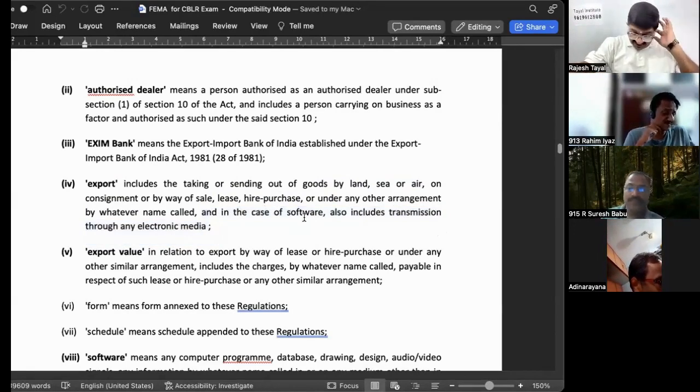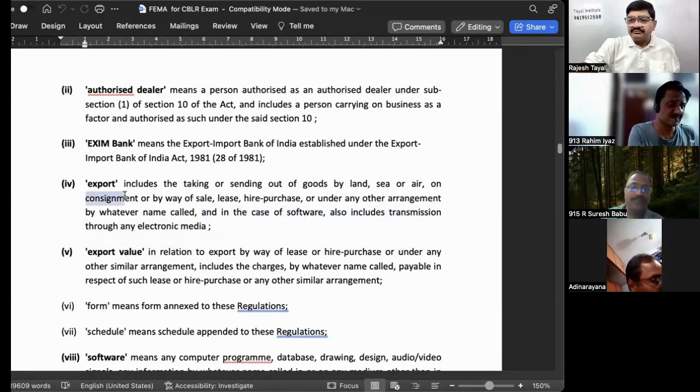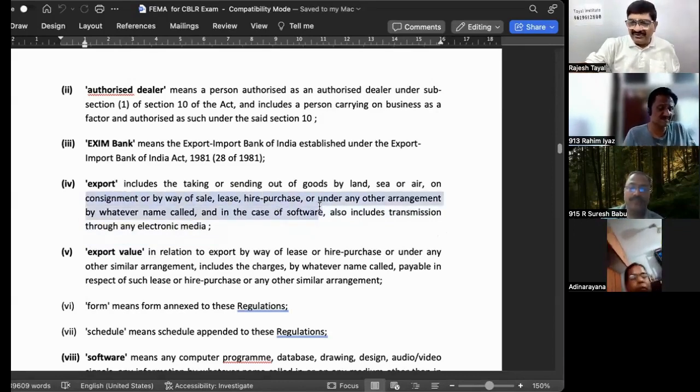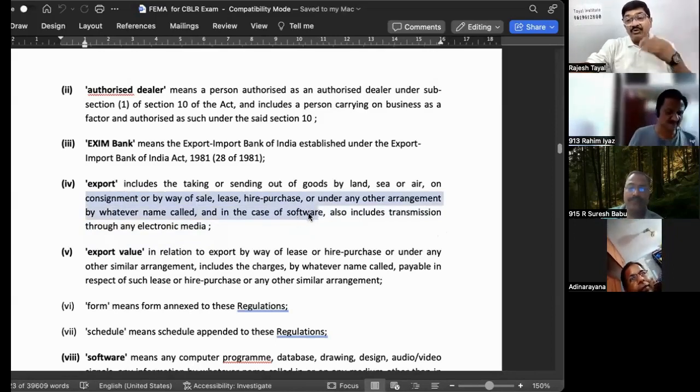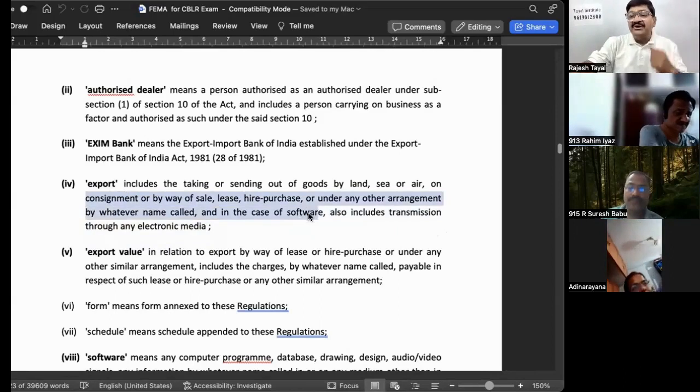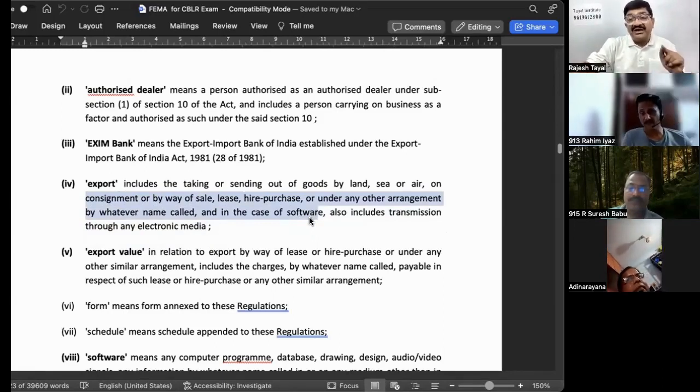So in the last lecture, I spoke about how many types of export take place. Export may be as a consignment, or a sale, or leasing or hire purchase or different types of arrangements. Here we had taken a number of examples: goods being sent abroad by way of samples, by way of gift, for participation in exhibitions abroad. There can be a number of reasons for goods being exported, but the ultimate effect is that goods are leaving the country.